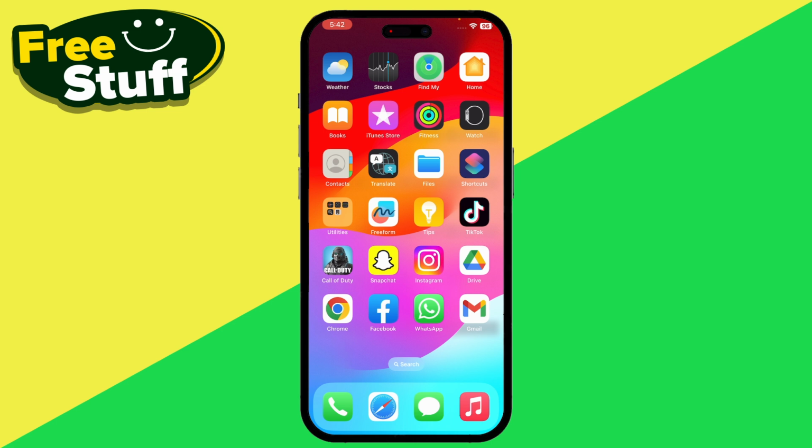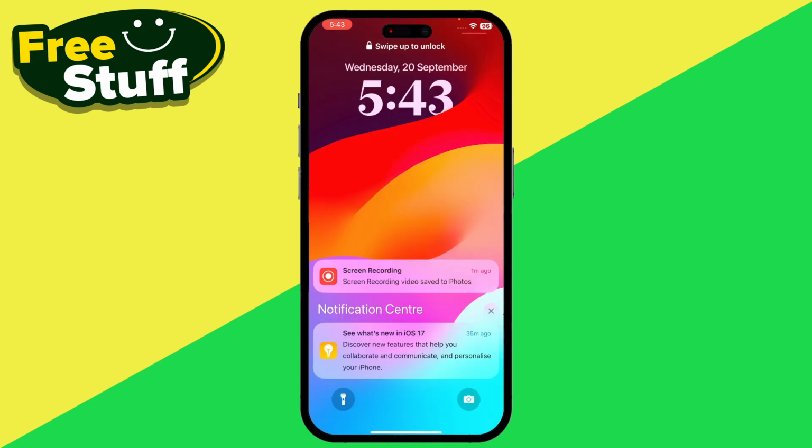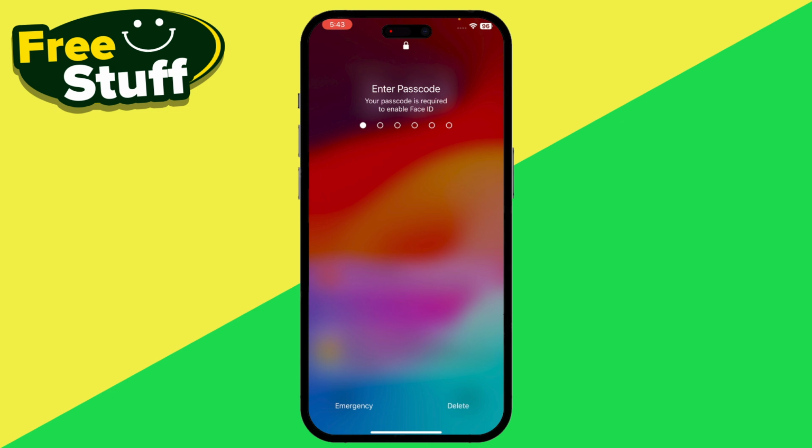So the first one is you just have to simply restart your iPhone. Tap and hold on your power button and your volume up button, and this will show you the slide to power off option on the top. So you just have to do this, and once you restart your device, the next solution is you have to